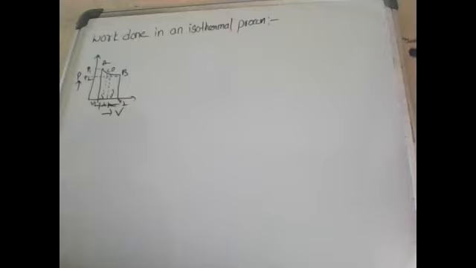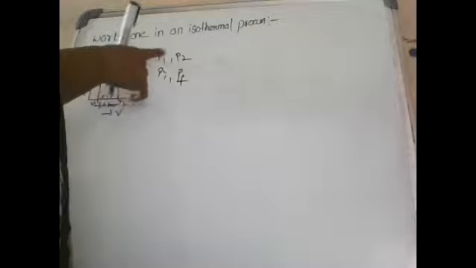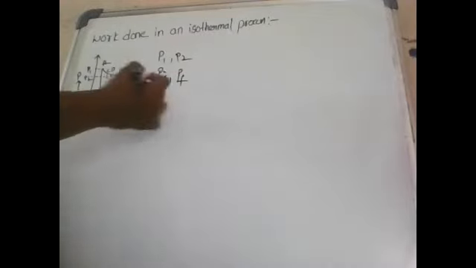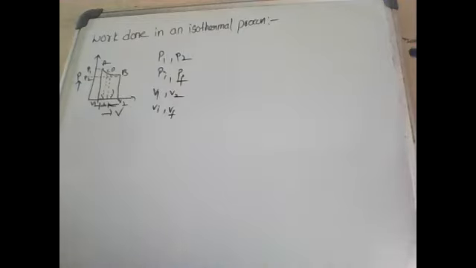and here we have to consider P1, P2, or we can take P initial and P final. First state, end state. So initial state, final state. Here V1 and V2 are VI or VF. So here PI and VI both are initial states, and PF and VF both are final states. Or P1 V1 both are initial states, and P2 V2 both are final states.